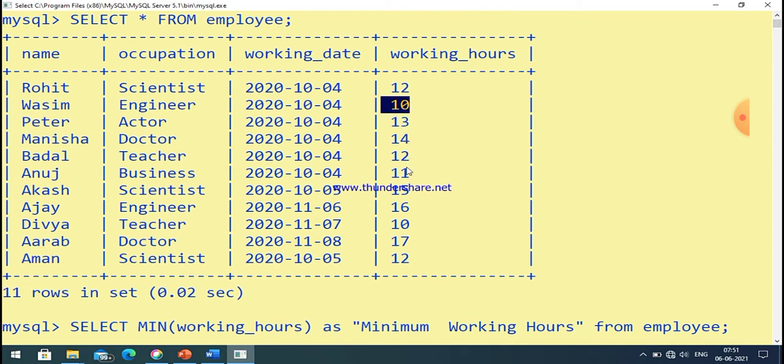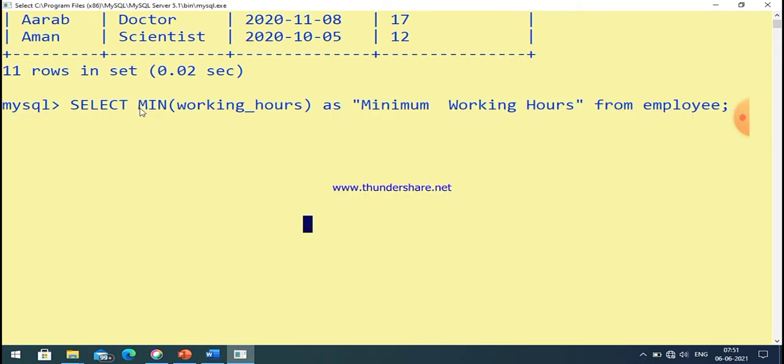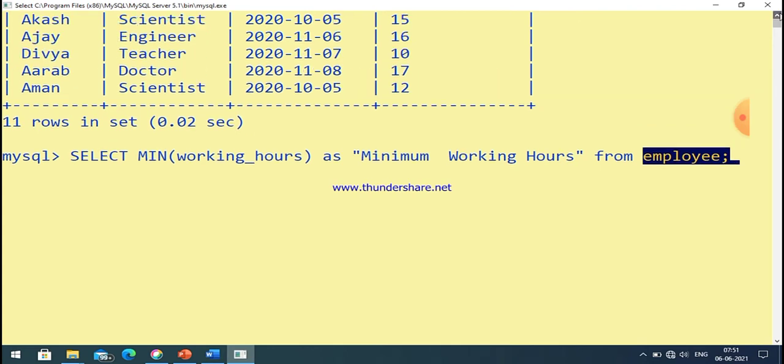You can easily see the minimum working hours is 10. We can see here, okay, 10 is repeated 2 times, but the minimum working hours is 10, so the answer must be 10. Name of the table is employee.